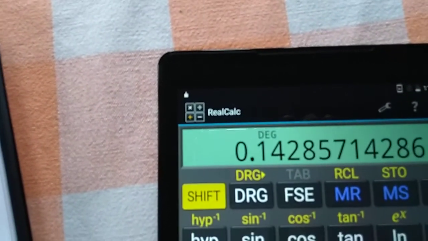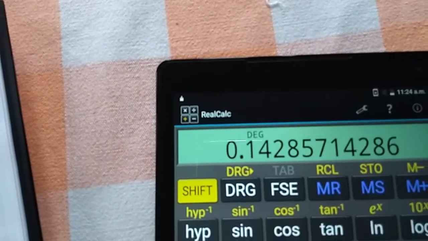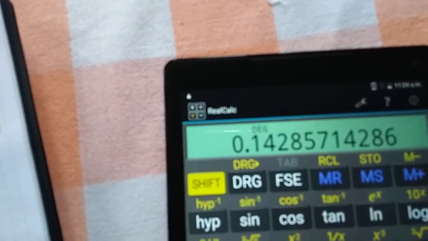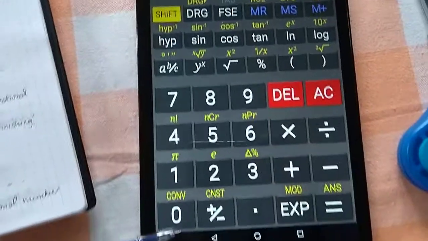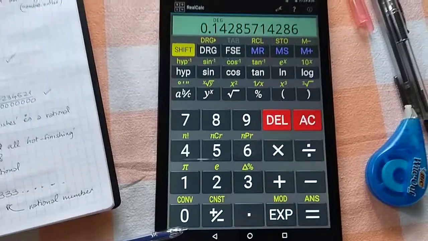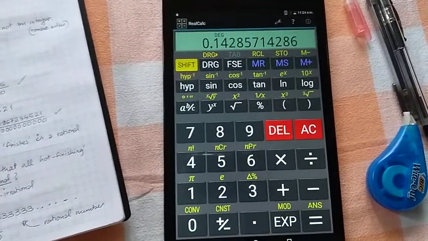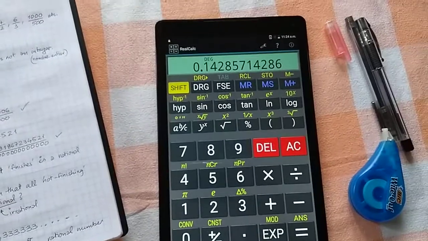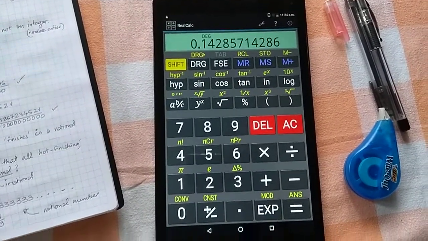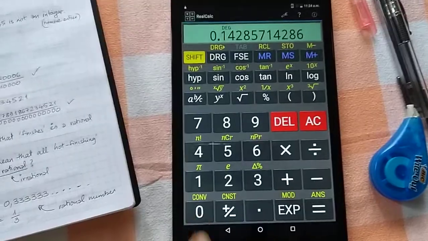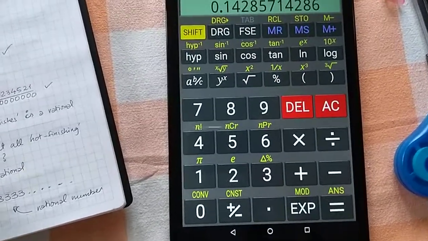It's free, and if you want to purchase it, it's less than 100 rupees, but it's not necessary. The free one is good enough. It's a wonderful scientific calculator. In fact, I don't own a scientific calculator. I have this app installed both on my phone, with which I am filming this, so that's why I have to use my tablet as a calculator.